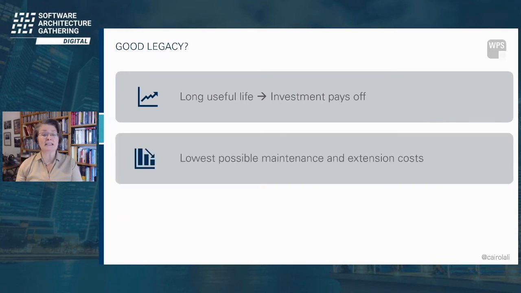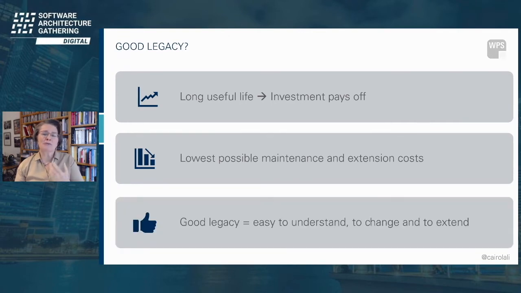And this means that we actually want the lowest possible maintenance cost and extension cost. We want the software to be in such a state that we can quickly, with not much money, change and extend it. And for that, I would sum up, a good legacy is something that is easy to understand, the architecture, the design, where I find which functionality implemented.